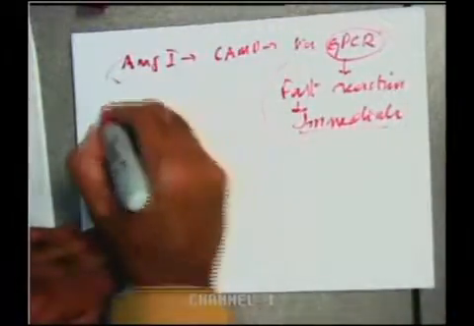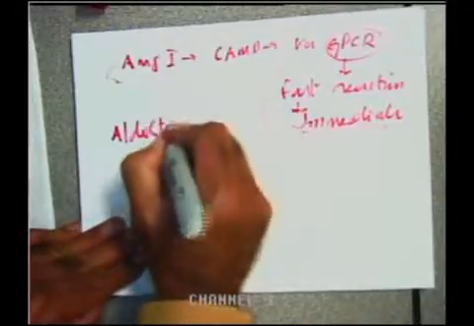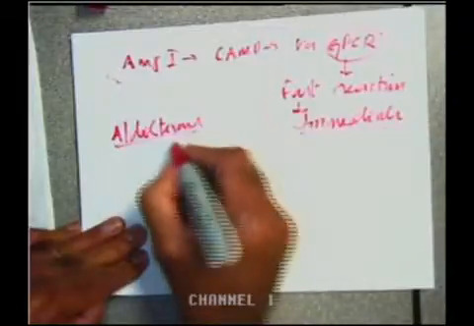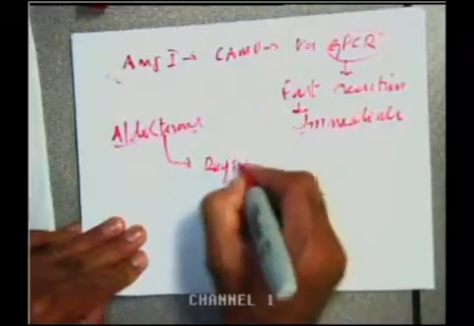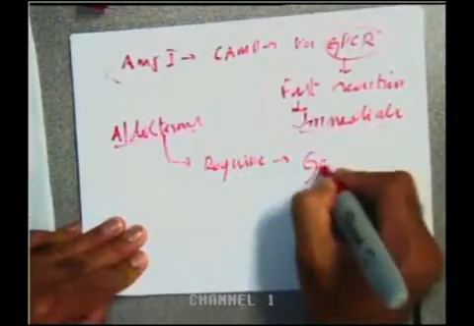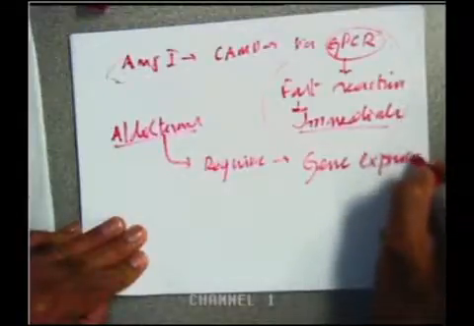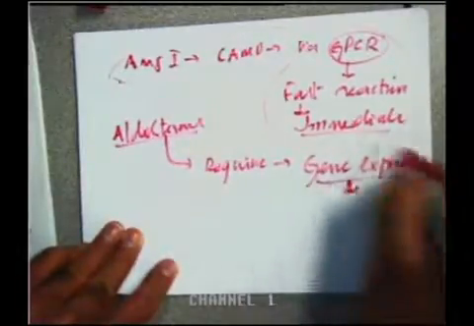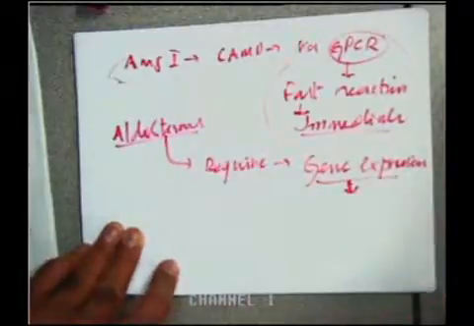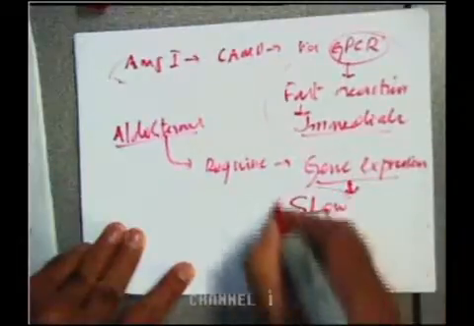We also discussed another process, where Ang2 activates the aldosterone process. What will the aldosterone do? Aldosterone is a steroid hormone, and it requires gene expression. Because it will act on a particular gene, and it increases the mRNA as well as activates the gene expression process. It will take a while to do the gene expression, getting into the nucleus, and then the transcription process and translation process on the protein. So it is a very slow process.